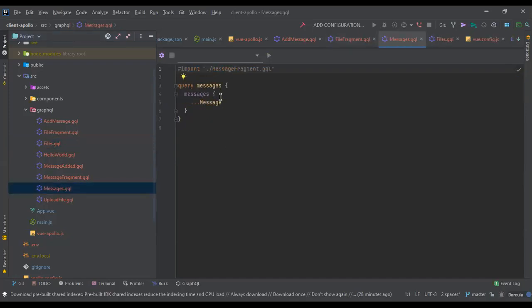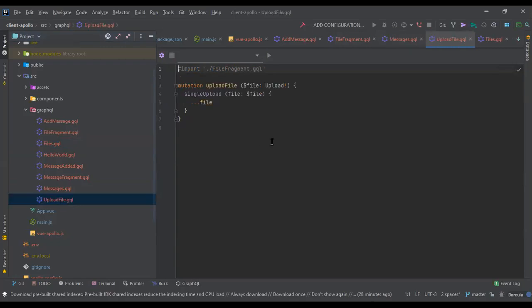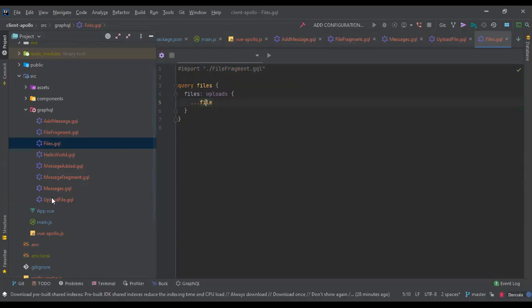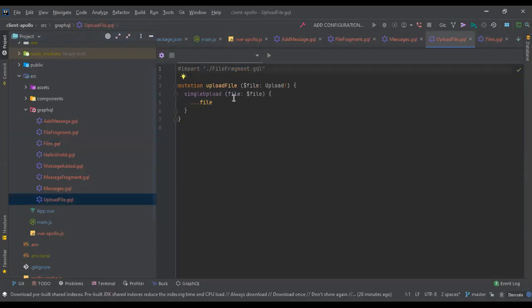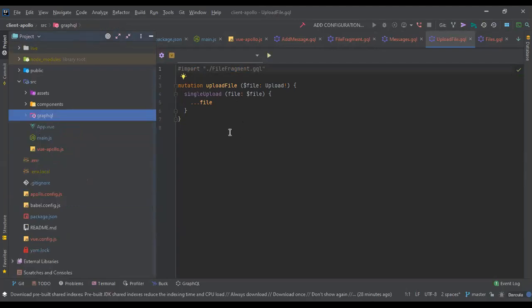And the same for messaging and for uploading a file. Uploading a file is a mutation. So if you've noticed as I go, you've realized that when we are fetching, we use a query, and when we are creating or posting a resource, we use a mutation. For example, if we were to go to our playground,